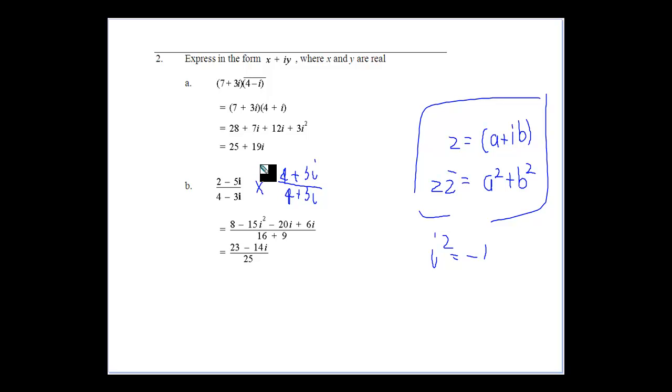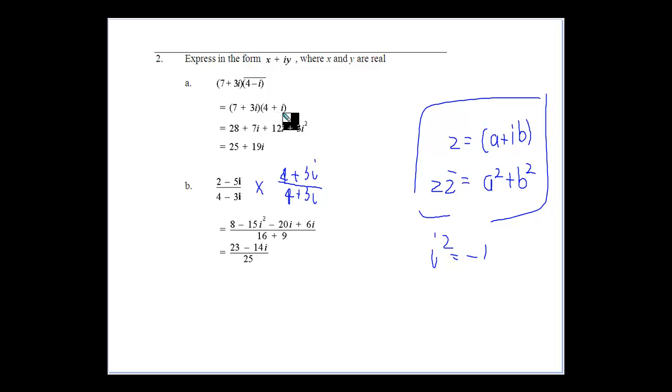So looking at some problems and questions, examples of arithmetic involving complex numbers. We're looking at putting all our answers in the form x plus iy, x and y being real, so we're getting a complex number. This time we've got the multiplication of 7 plus 3i times the conjugate of 4 minus i. So we've got to do a situation first where we change to the conjugate